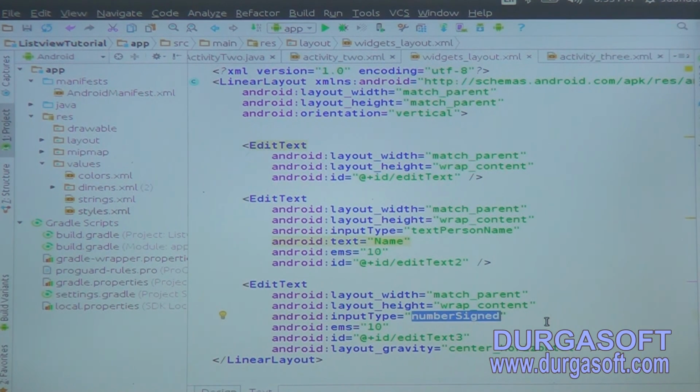For example, if you are asking for the mobile number, you shouldn't show the soft keyboard that pops up with alphabets. You should pop up the keyboard which comes with the numbers. That makes it easy for the user, instead of making him go to the numbers again, write something and then post it. So you are making the user click less this way. If I ask for a mobile number and give him alphabets, he has to click on the numbers again, click some other numbers and say okay, which means he is doing two taps instead of one. So if I simply make it number signed, the keyboard pops up with numbers instead of alphabets,